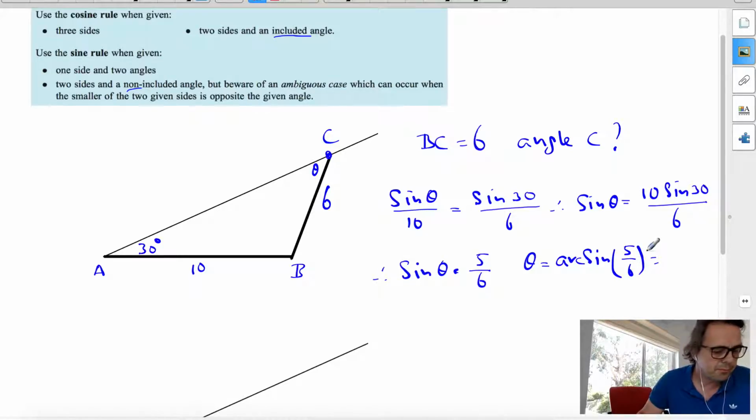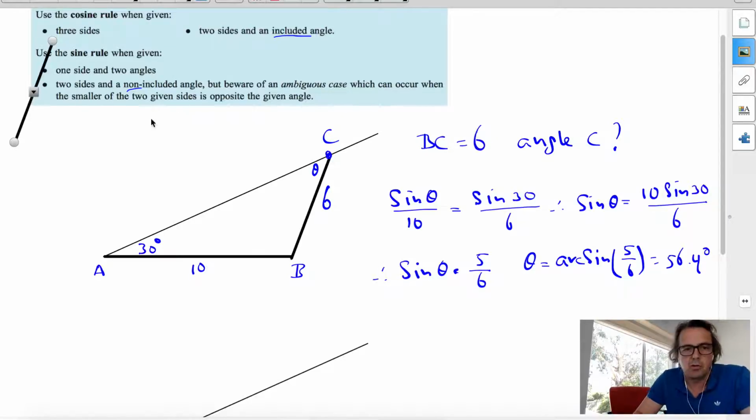So theta is going to be the arcsine of 5 on 6, which is, if I get it right, 56.4 degrees. So this angle is 56.4 degrees. But there is an ambiguous case, because I haven't done it quite correctly. I've just assumed that this segment BC is like this. But the same segment with the very same length, I could copy that segment there